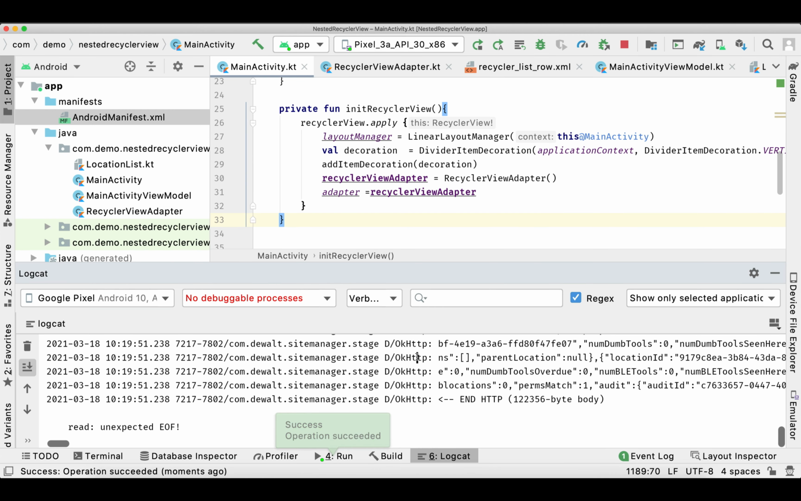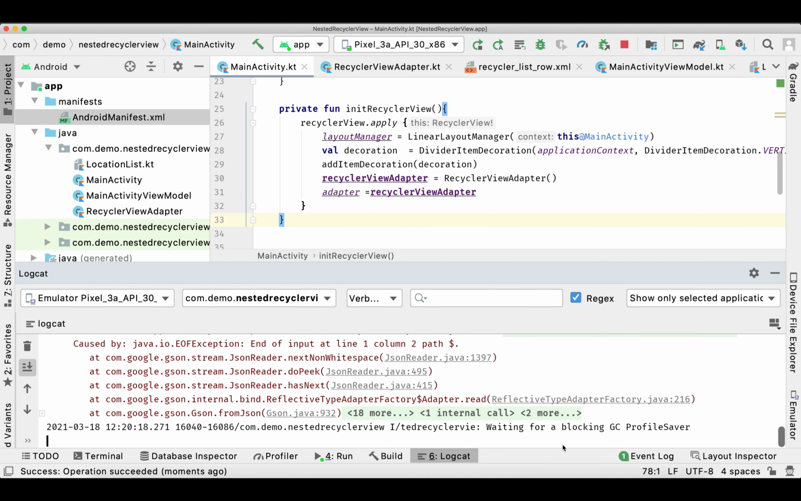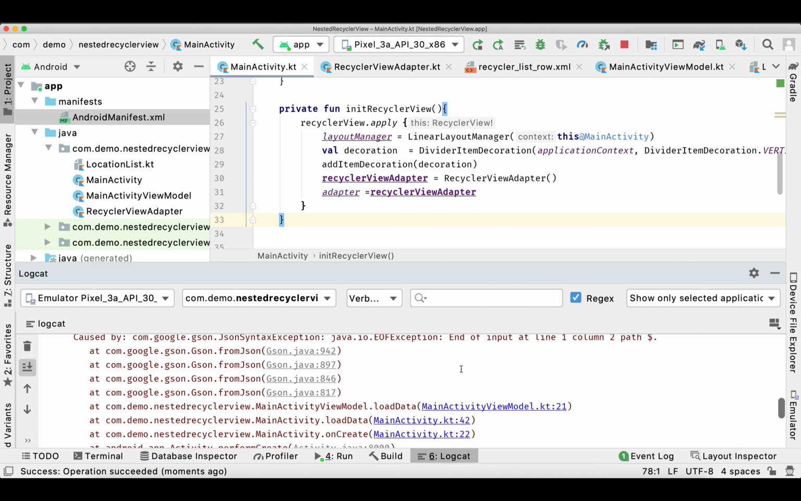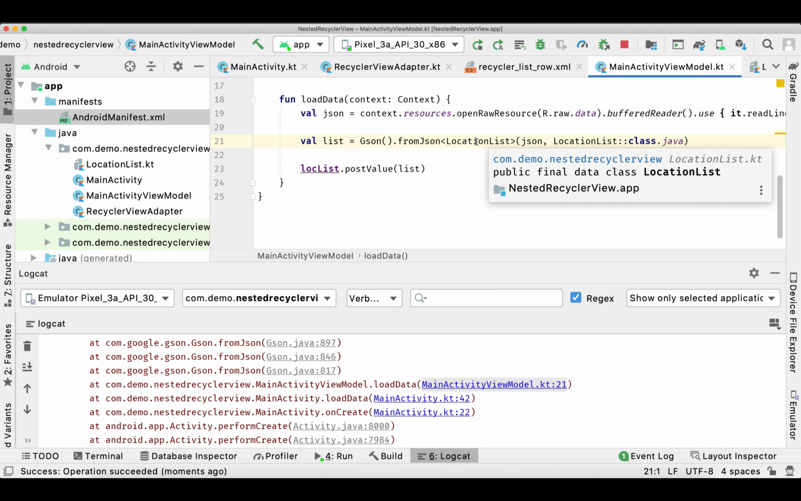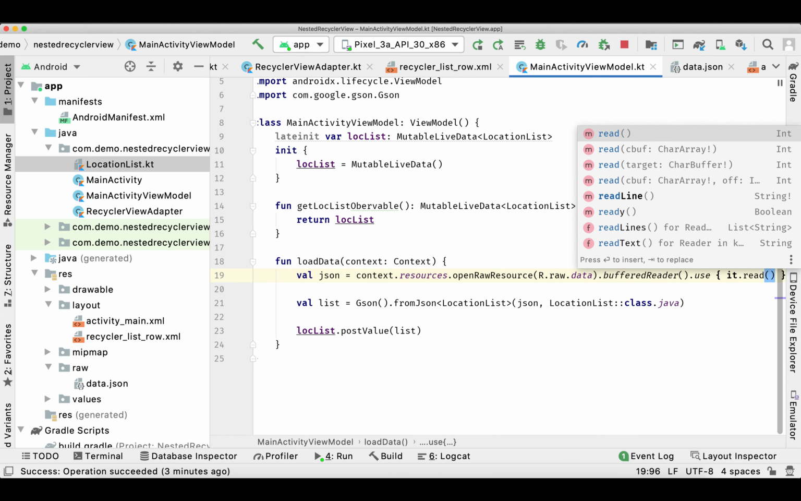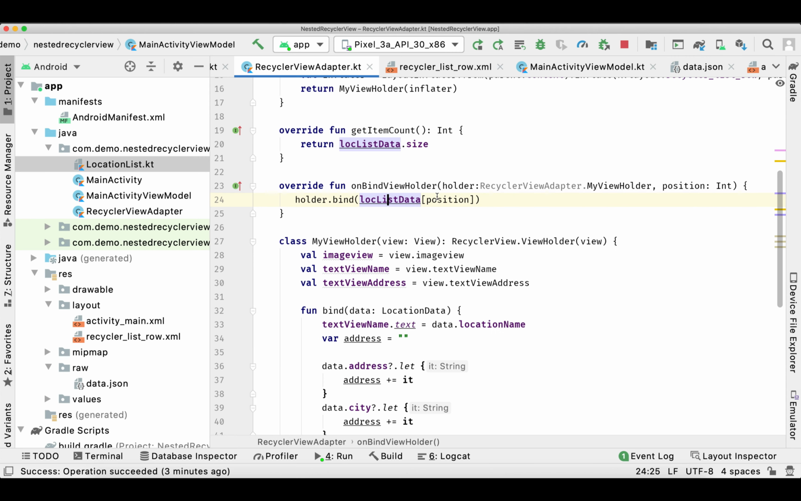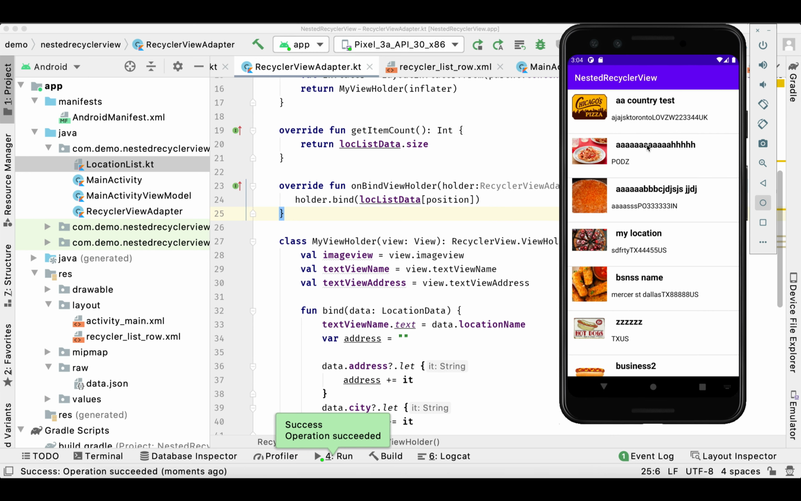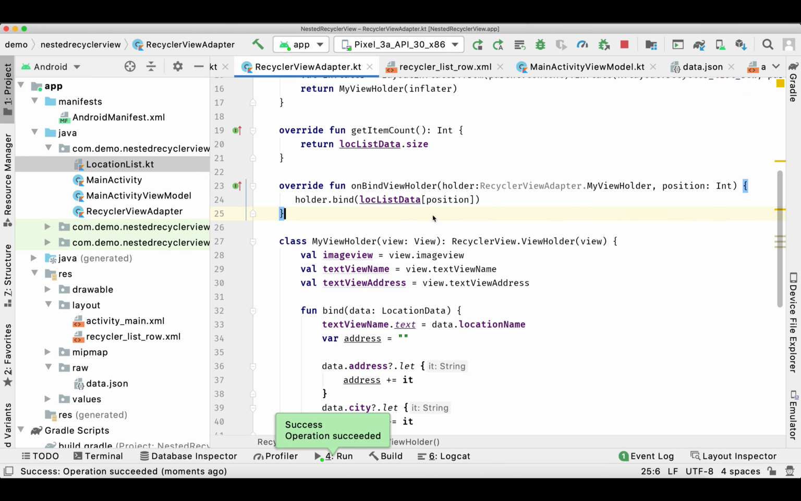So the app crashed. Let's see what we missed. So in parsing our XML, it's crashing. So we need to use read text. Okay, now let's run and see. There you go. So we are able to load our JSON file. Glide is also working. It's able to load the images. So now